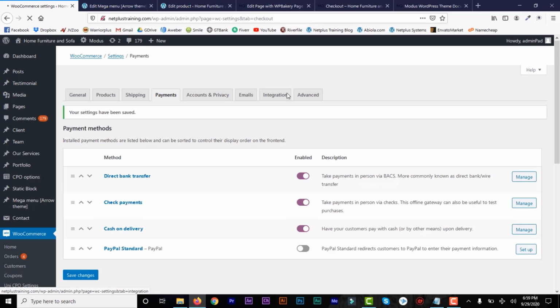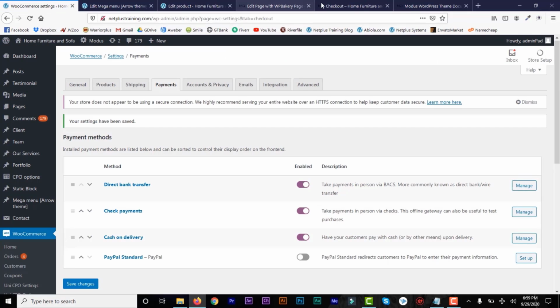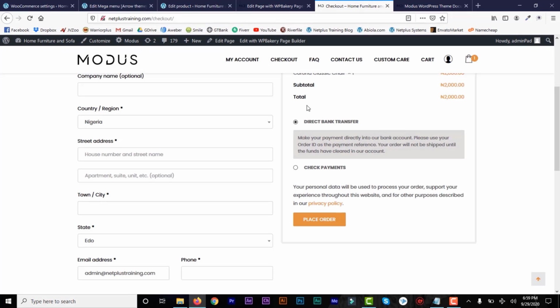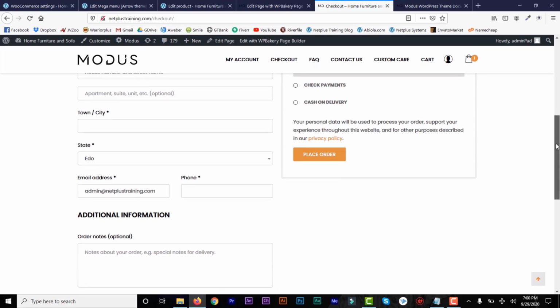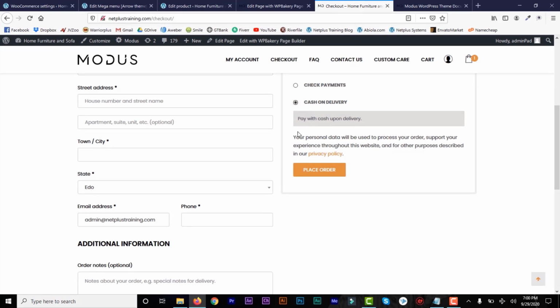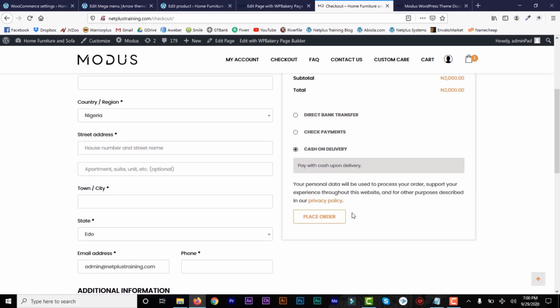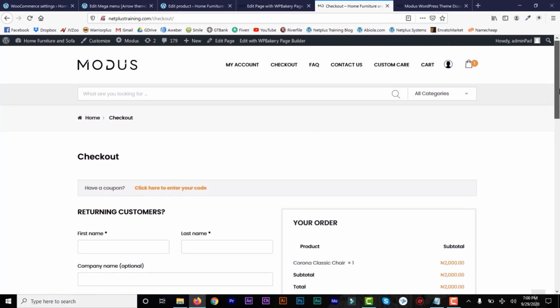So if you go back to checkout page and you refresh that, now you will see that we now have that other option for your customers to pay you with. So now we have direct, but we also have cash on delivery. So I'm going to add, and then they can place order. I'm going to add the credit card now, and we are going to use